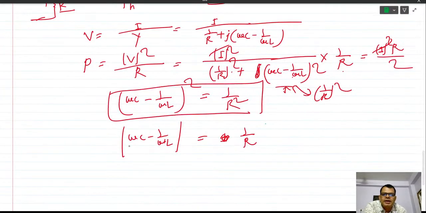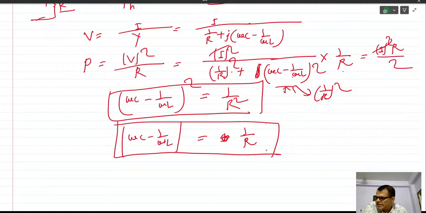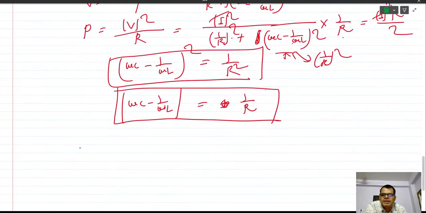Equal to 1 upon R. So this is the condition for the half power frequency. That is, half power frequency occurs in a parallel AC circuit